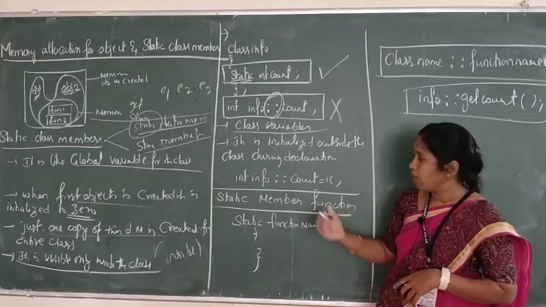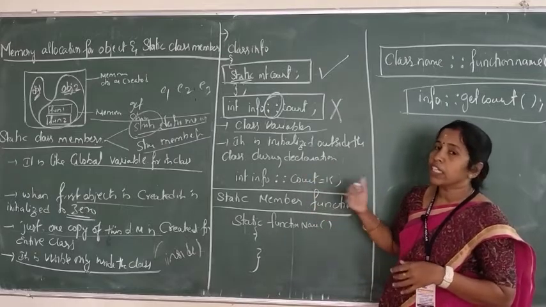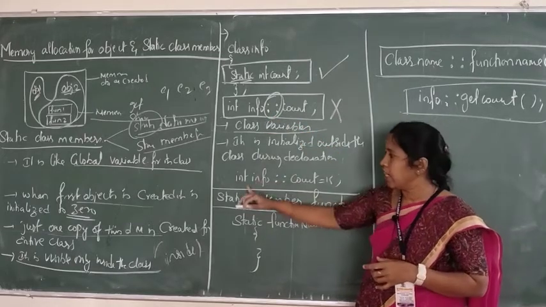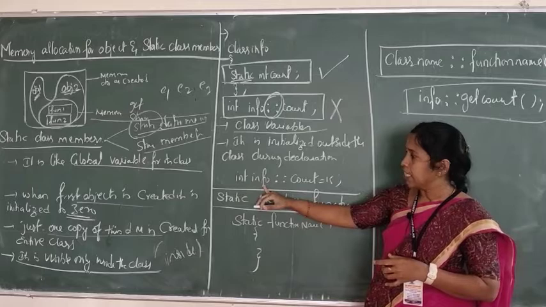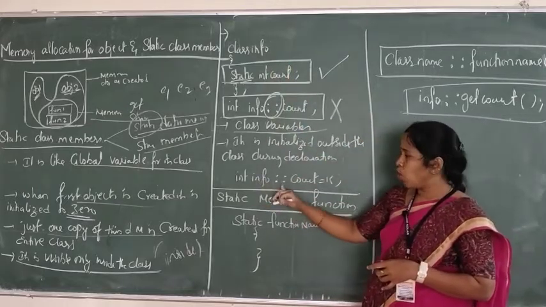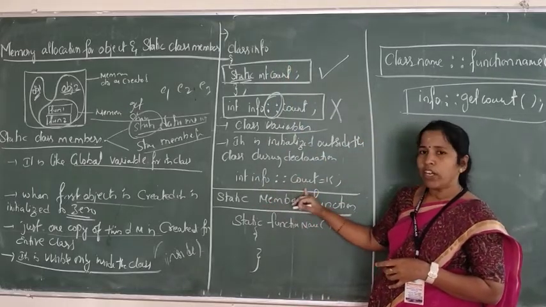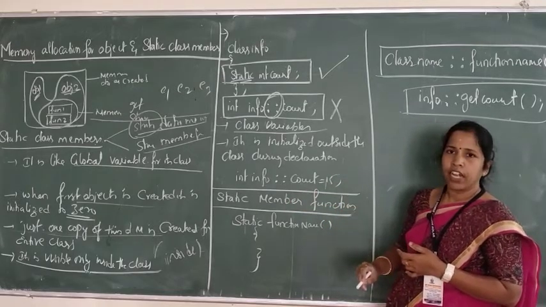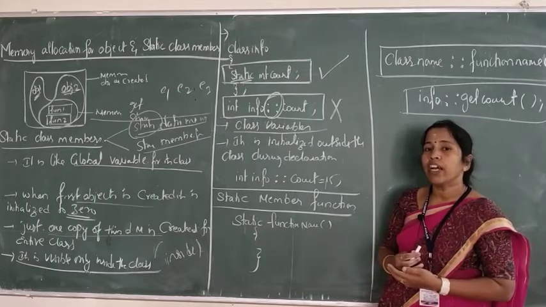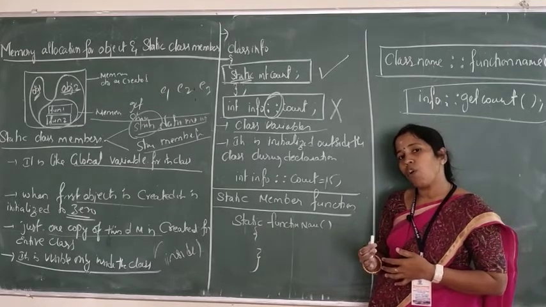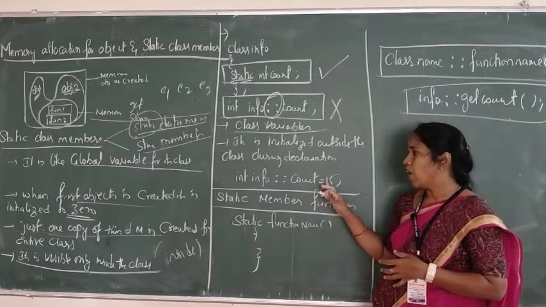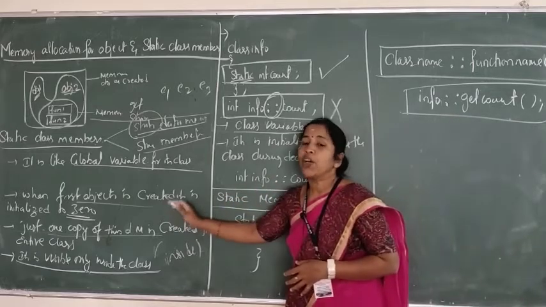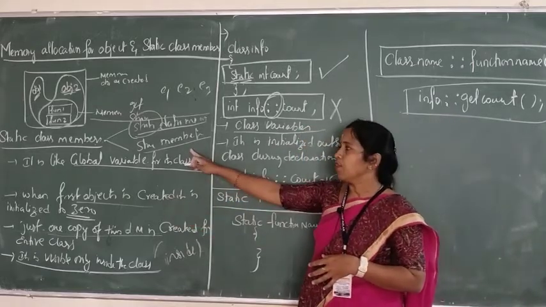Initialization of a static variable is done outside the class. Again, outside the class, what did I tell you? You have to make use of the scope resolution operator. See here, the data type followed by the class name. The class name here is Info, then the scope resolution operator. The variable is count, which I have taken, and I am initializing it with 15. Initialization of a static variable should be done outside the class using the scope resolution operator and the value which you want to initialize the static variable with. So this is till here about static variables.